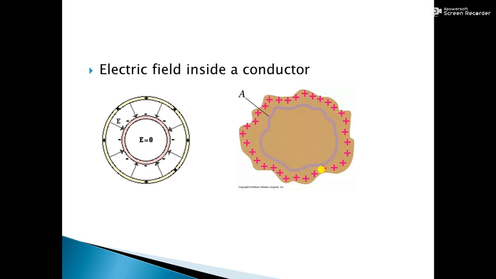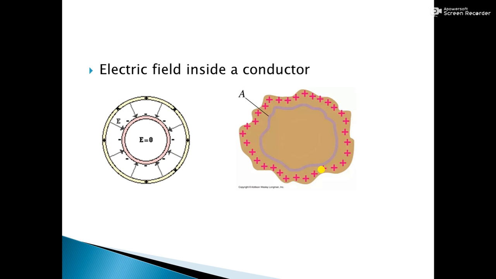Electric field inside a conductor. If you consider a conducting plate placed in a region, initially there is no electric field and the conduction electrons are almost uniformly distributed within the plate. In a small volume which has equal number of electrons and protons in the nuclei, thus net charge in the volume is 0.